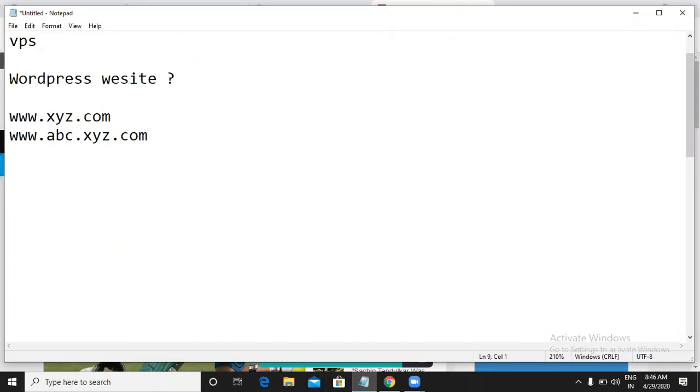What is meant by subdomain? A subdomain is also a website. A subdomain does have WordPress, so I can create whatever I can create in my original website. There is no difference between a subdomain and the original domain. There are a little bit of space issues with a subdomain, because it is a smaller one when compared to the original one.